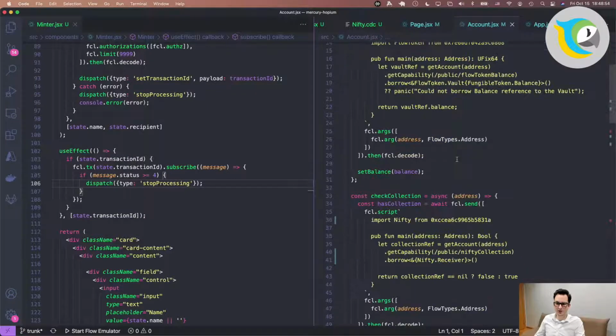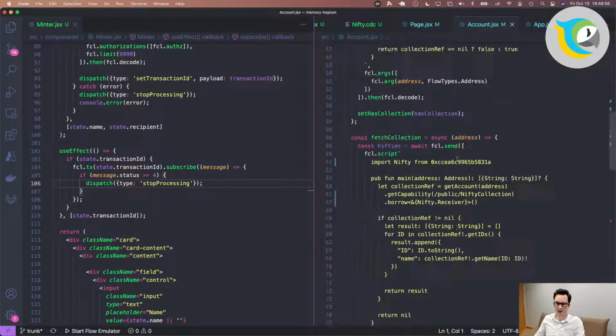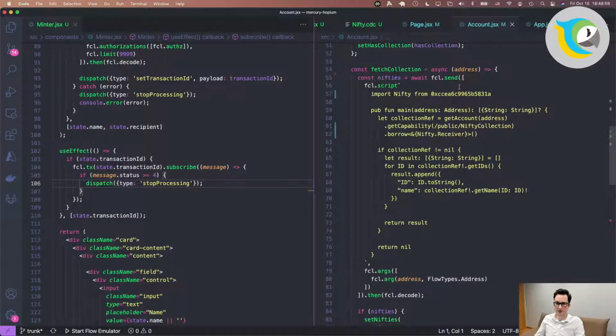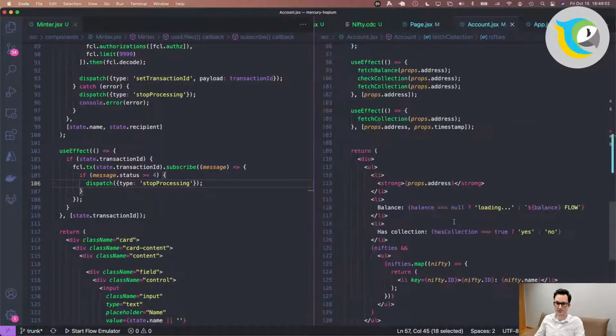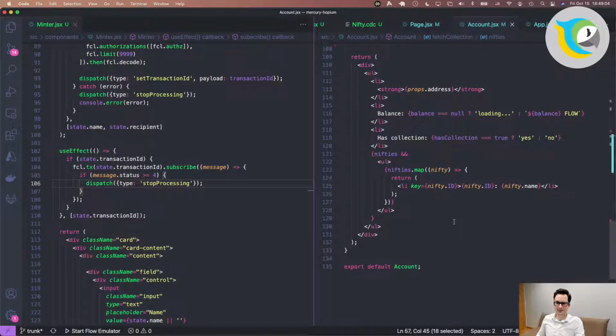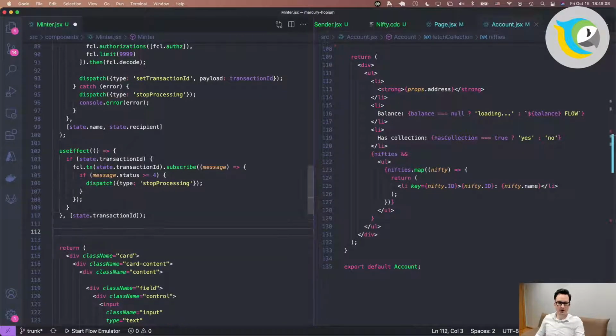And where are they? Fetch collection. This seems like it's good, but it's not really printing anything. I'm going to leave this here for reference. This is the transaction ID that minted that nifty.